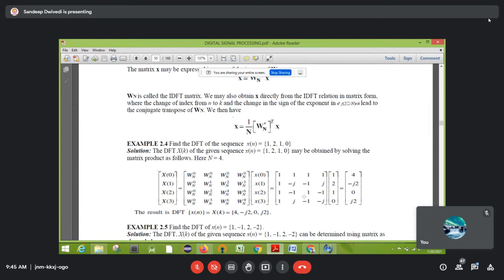Okay, if it is a 2-point DFT, so what happens? What will be this matrix? Here the value of n will be 0 and 1, the value of k will be 0 and 1. As I told you, the first column will be 1 1. So first of all, what will be the size of that matrix if it is a 2-point DFT? The size will be 2 by 2, a 2 square matrix. Correct, it will be 2 by 2.